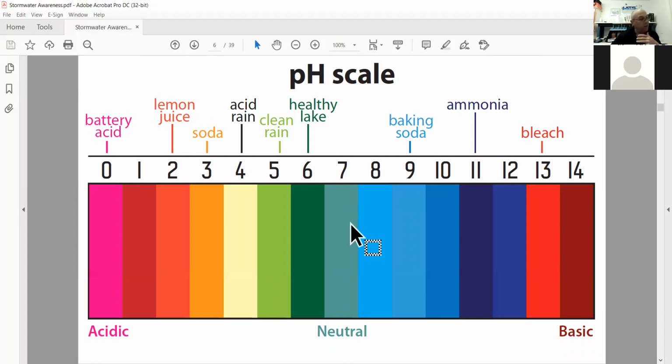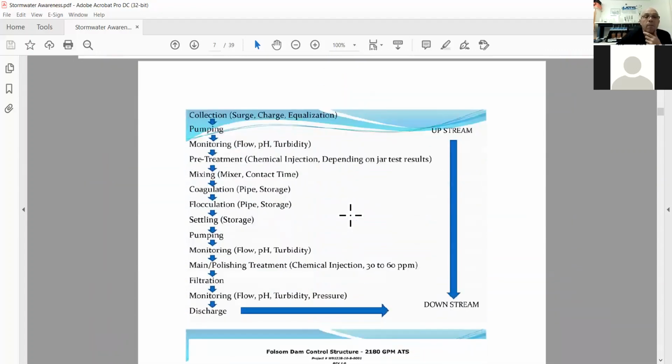Next question, what is an active treatment system? It is any treatment system that uses a chemical to reduce and remove fine suspended solids from construction site stormwater discharges. In other words, any system that's going to use a chemical to remove fine suspended sediment. A typical system will be made up of some pumping, some monitoring, and some pre-treatment depending on jar tests. You're going to do jar testing. And then you're going to have some mixing, coagulation, flocculation, settling, pumping, and monitoring again to make sure,